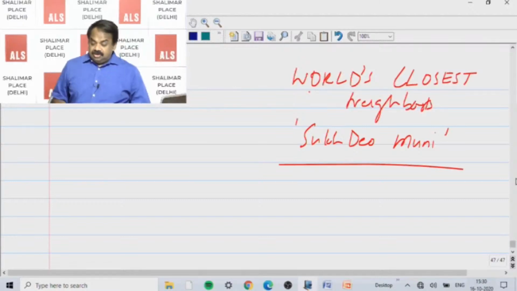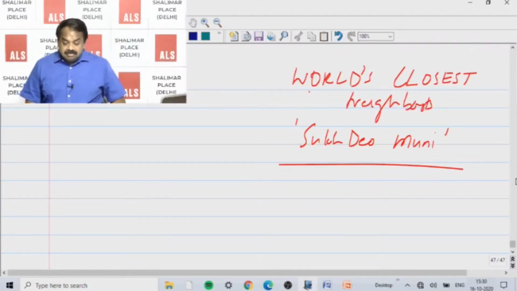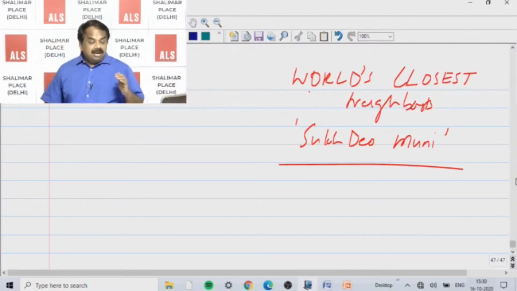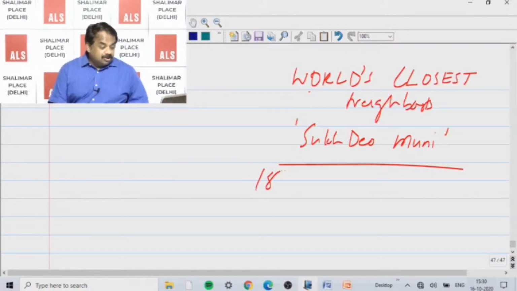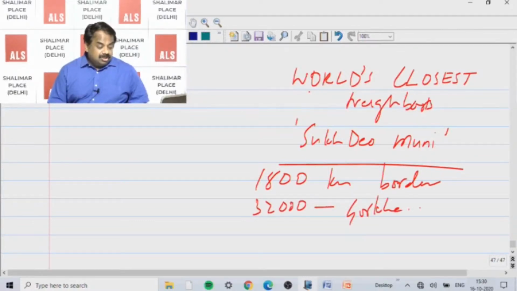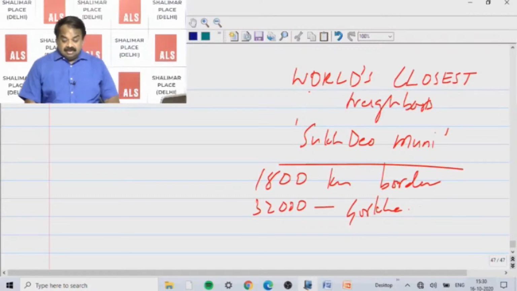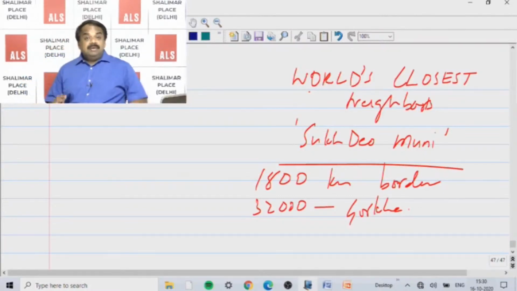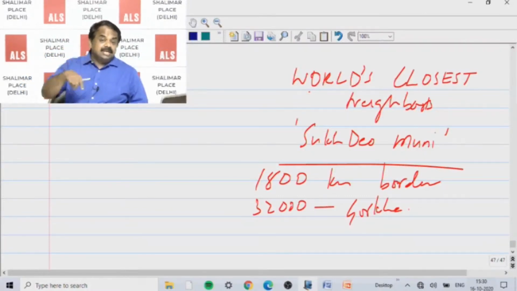But the problem is we are not able to exploit the situation in the best possible manner because of various factors we have already seen. As I was mentioning, we have almost a 1,800 kilometer border, 32,000 Gurkha soldiers in the Indian Army, and